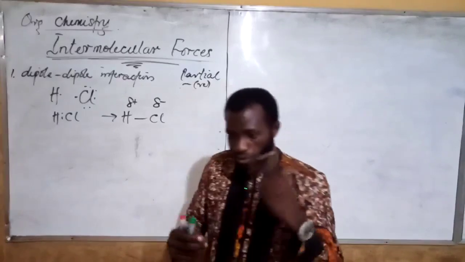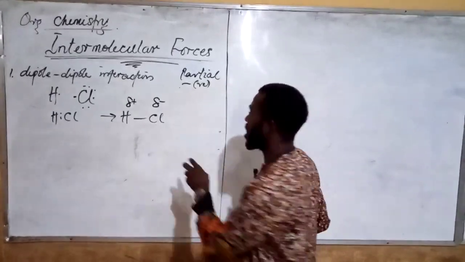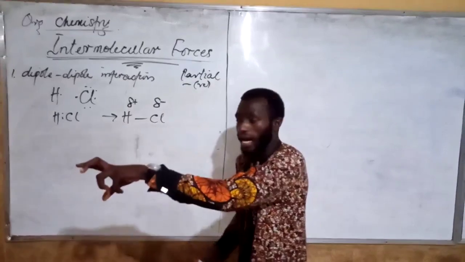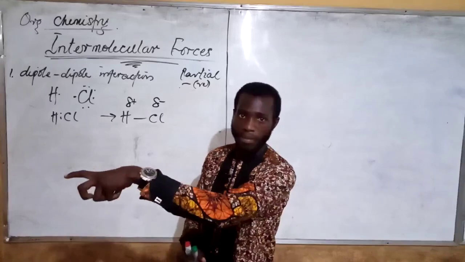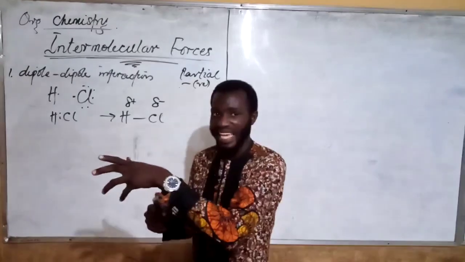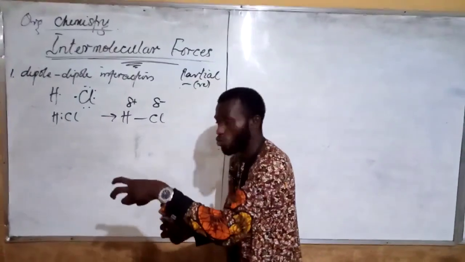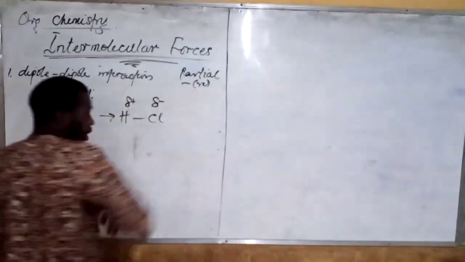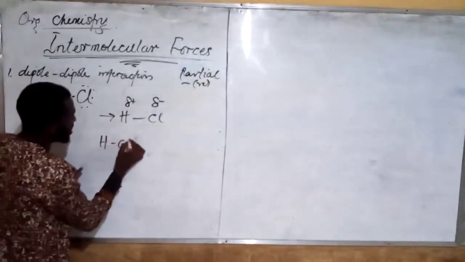Of course, he said to form a coordinate covalent bond, but he says an electron pair acceptor. Why? This guy is going to seek to coordinate to another electron sufficient atom or electron sufficient center. So it's going to seek to coordinate to another electron sufficient atom in that molecule. And because it is all HCl that is present, another molecule of HCl present here is going to begin